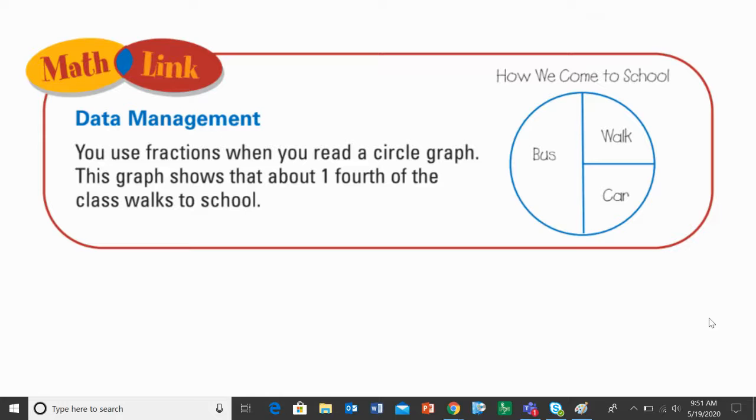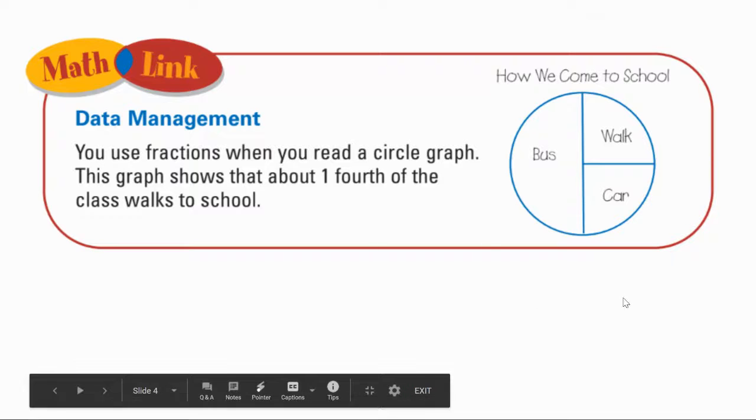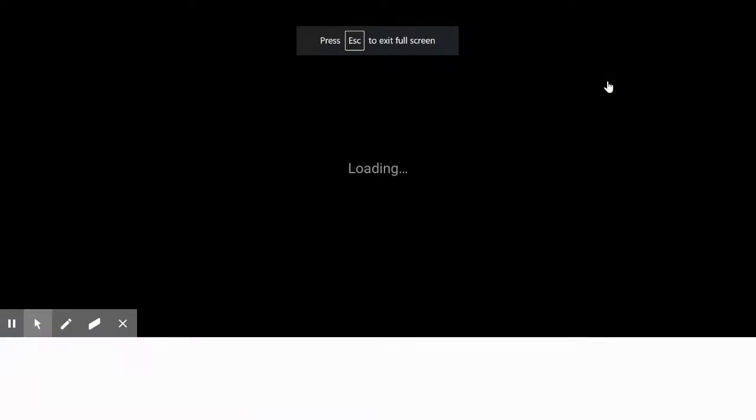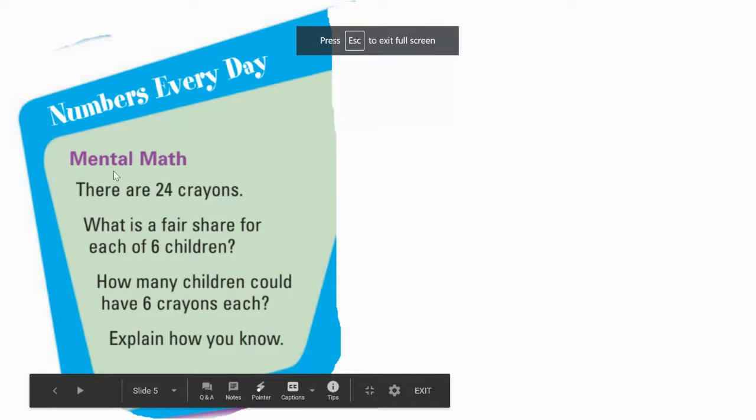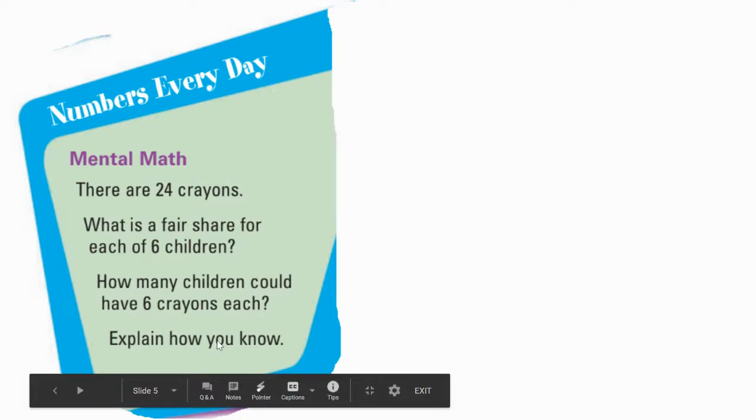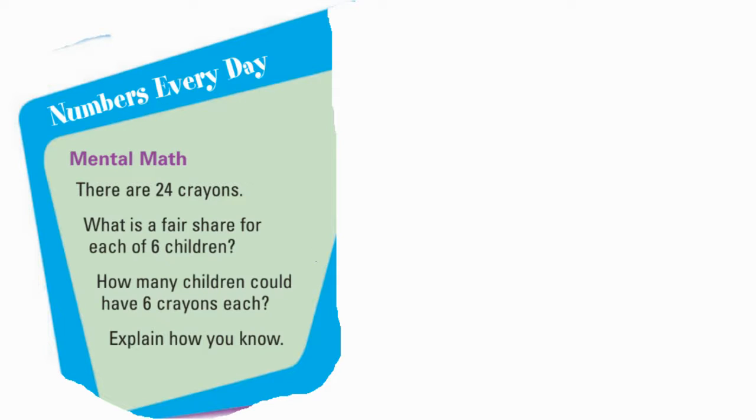All right, so now there's actually one more question here. It just wasn't working for some reason. So this is just something to think about. There are 24 crayons. What is a fair share for each of 6 children? How many crayons could each child have? Explain how you know. So if you think of 6 students and there's 24 crayons in total,